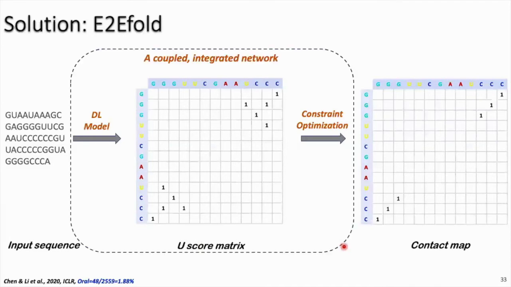Eventually, we want to propose an integrated deep neural network which combines those two steps into one model. So in other words, we want to propose a new deep learning architecture which has the constraints embedded in that neural network architecture. So to illustrate this idea, let's first go through the two-step solution.